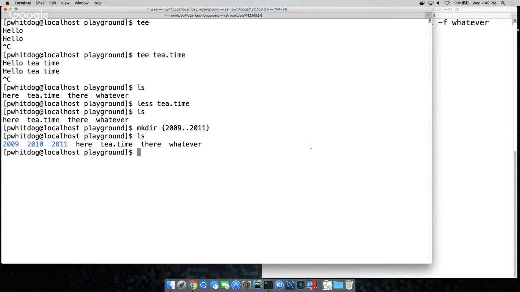His example is actually somewhat reasonable, although I don't know any photographers that run Linux, but he said if you're a photographer and you want to create all the folders in this structure to put all your photos in, it's more useful if you have a crap load of directories.